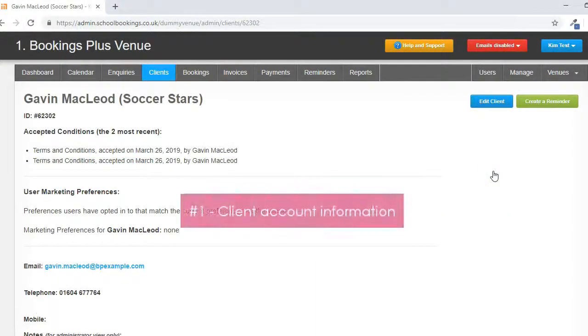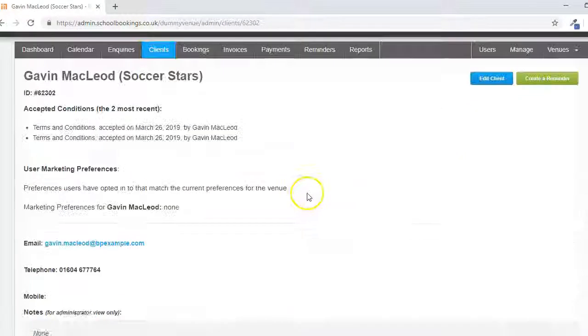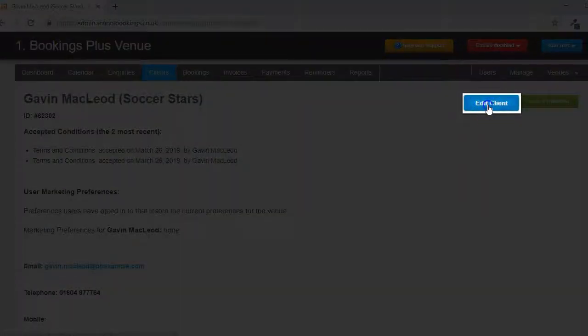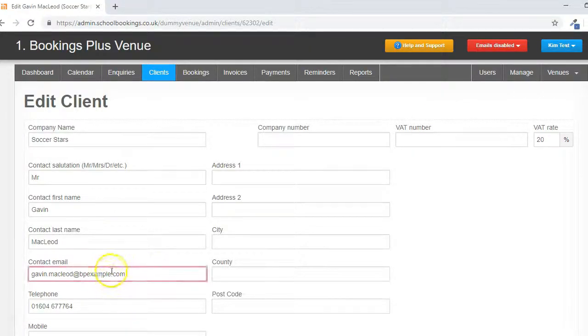There is the initial client account information, which can be seen here at the top. This can be added to or amended by clicking Edit Client, Update,